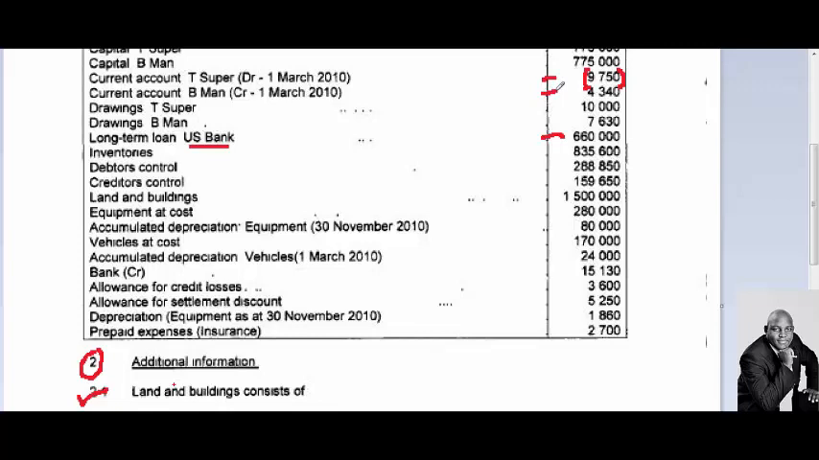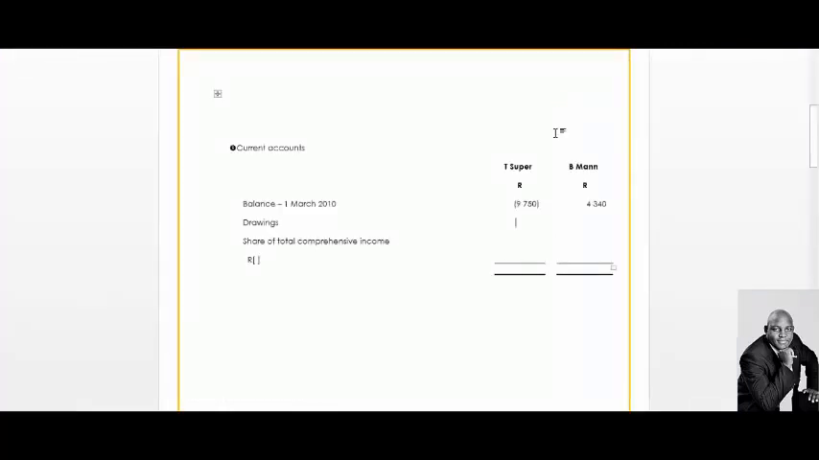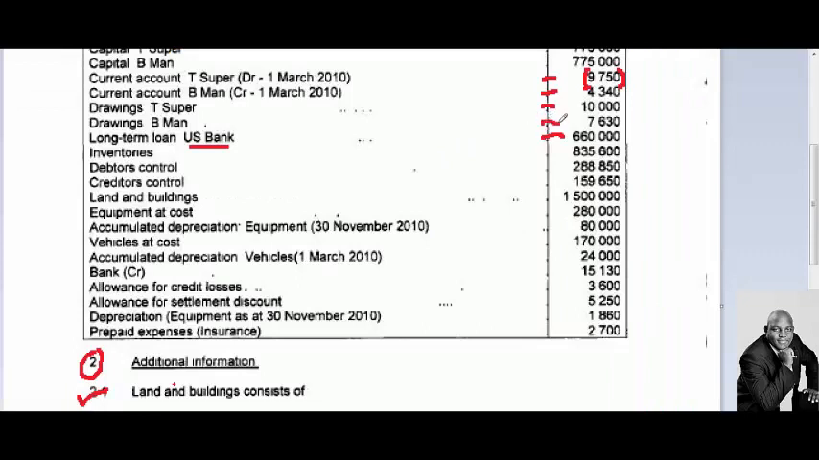B-man, it's a credit, it's a positive balance, it's 4,340. Okay, and then the drawings from the individual partners. Drawings T Super, it's 10,000. As you know, drawings are expenses, so it will be 10,000. And then drawings B-man, 7,630. Okay, now we need to